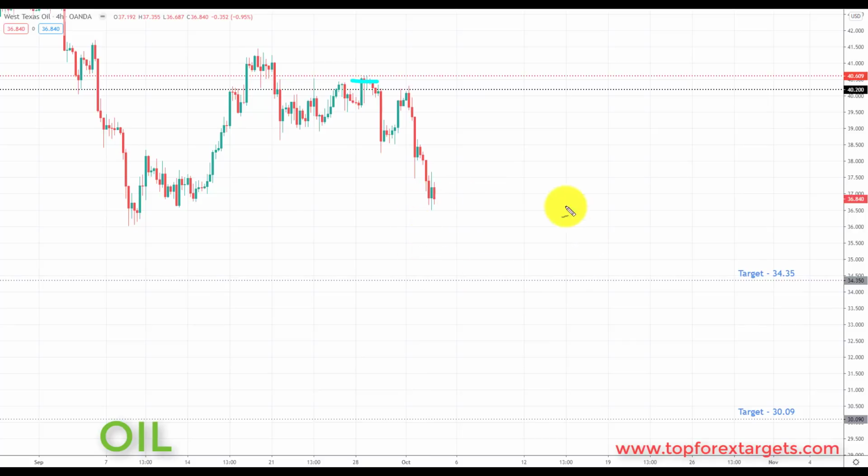We haven't come all the way down to the target yet. So very simply put, for anybody who was not involved in this from last week, any correction this week back towards the 40.20 area, we don't have to come back and retest it, just a correction in this direction is going to be viewed as another great opportunity next week to start to look for bearish setups. We're going to be looking at initiating shorts down towards the next key level of support to the downside and the target set at the 34.35.